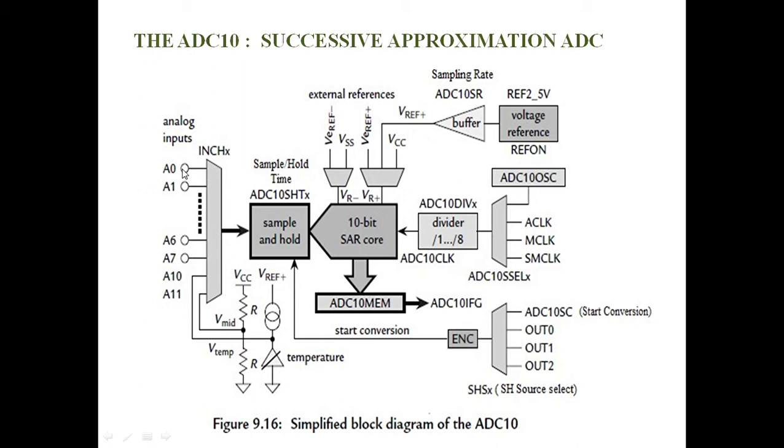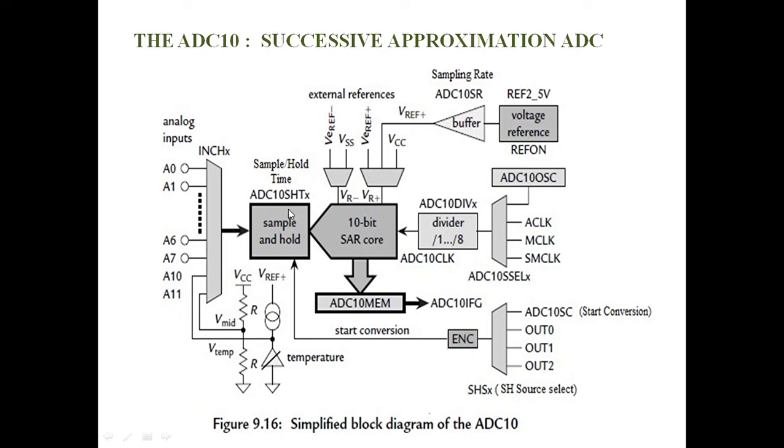First, it contains 12 input channels. These are connected to the multiplexer. This internally connects with the reference voltages and supply voltages. We can take any one of these references and compare with the inputs. Using the input channel selector, which is a multiplexer, it selects any one of the multiple inputs and gives it to the sample and hold circuit. This channel selection is done by using the enable channel.